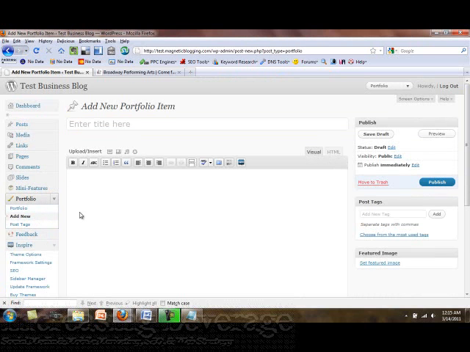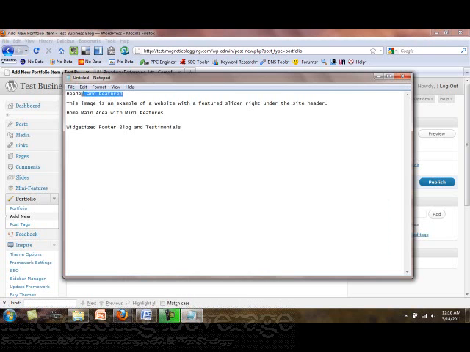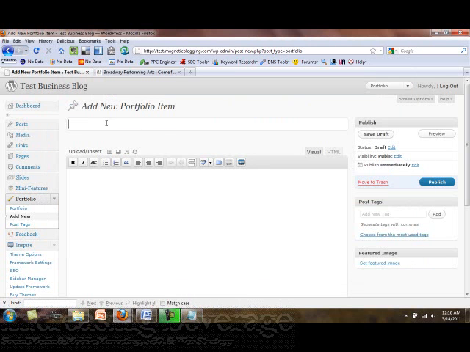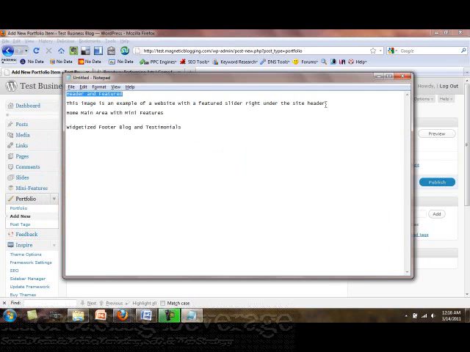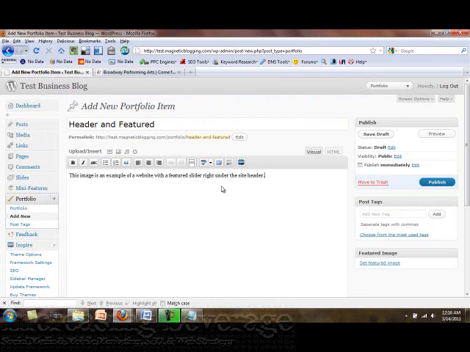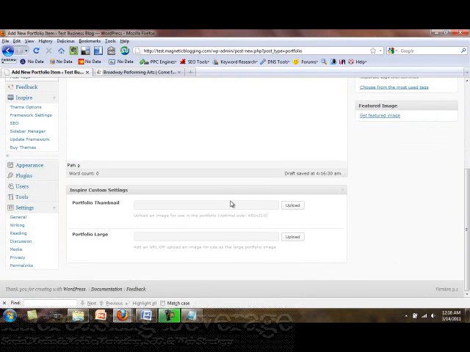And what we're going to do is upload an image and a title and a brief text summary of what it is. I've already created a couple templates here. I'm going to call this header and featured. It's going to show an image of the header and featured area of the Inspire theme from a site I already created. Here I'm going to just put a quick brief summary that I've already typed up about what this image displays. And then we scroll down,